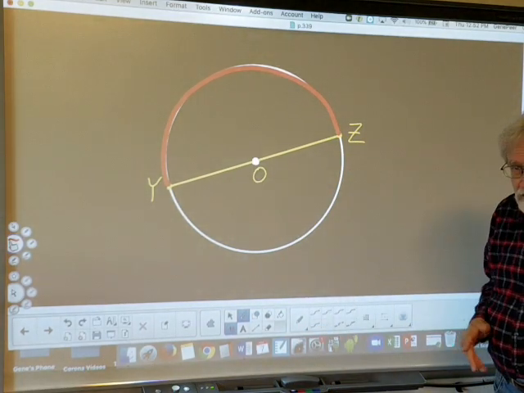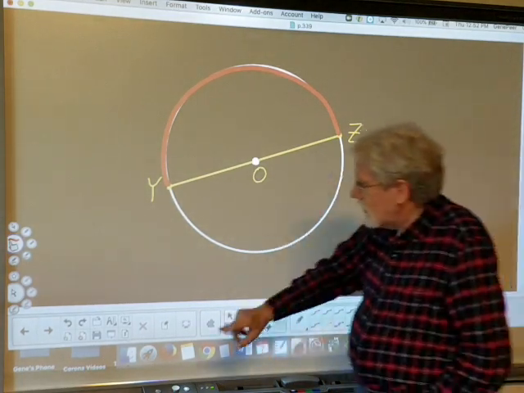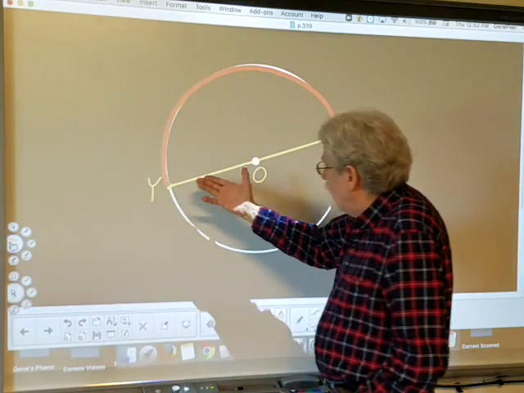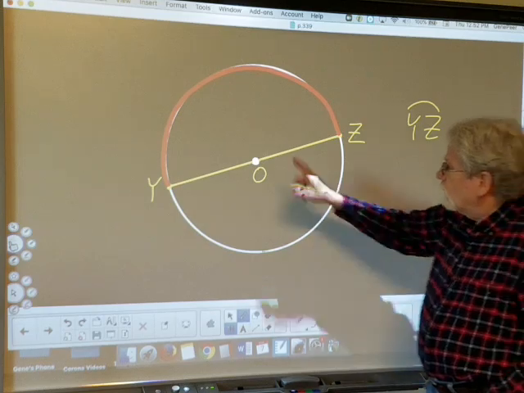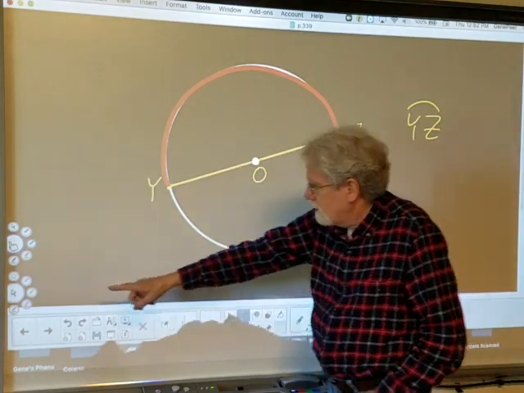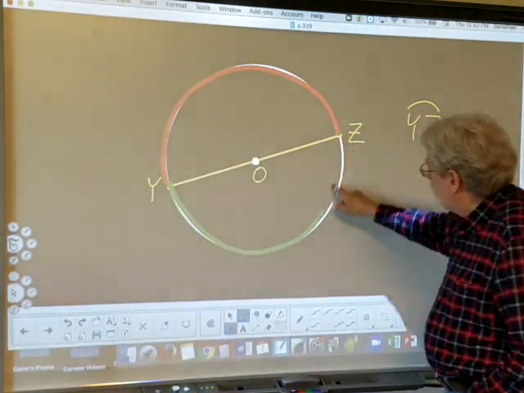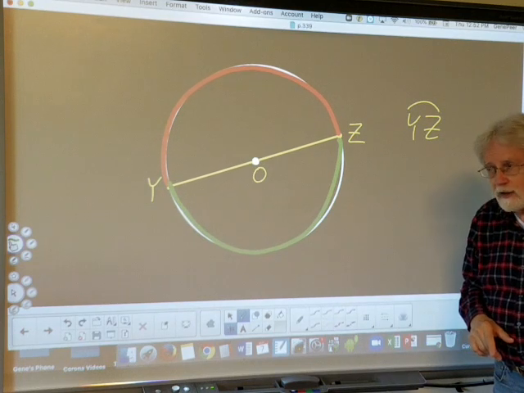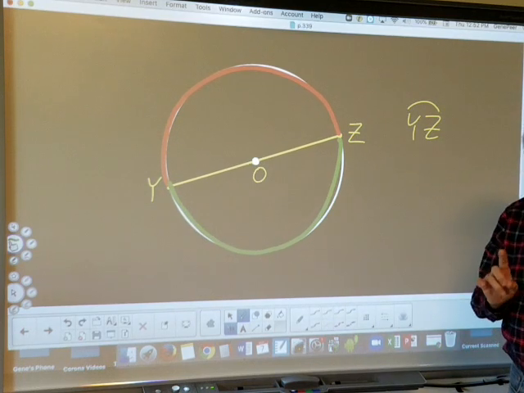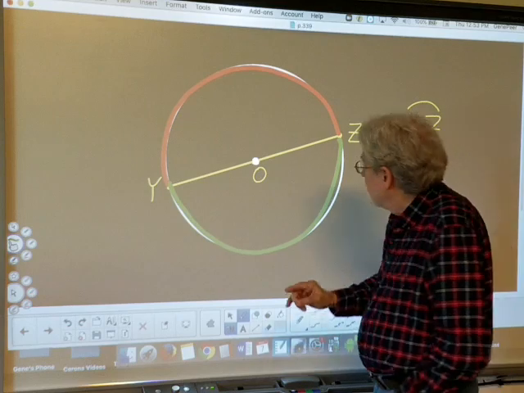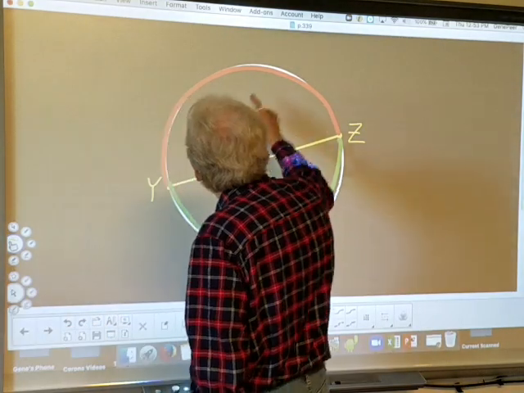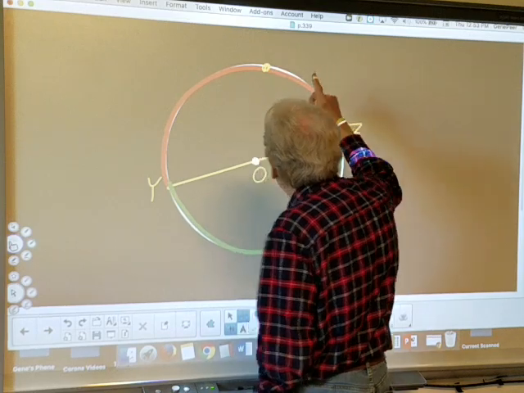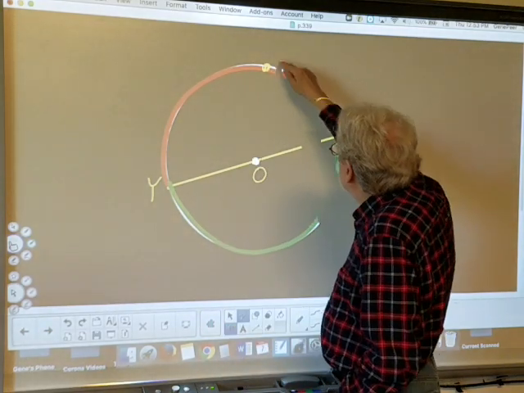Now how do we name that? Yes, we have the same problem we had before. Naming it, if I say arc YZ, nobody knows whether I'm talking about this side or the green side. Which semicircle am I talking about? Therefore, we have to have a third point. So let's do it like this. If I put another point over here someplace, and again, it doesn't matter where,